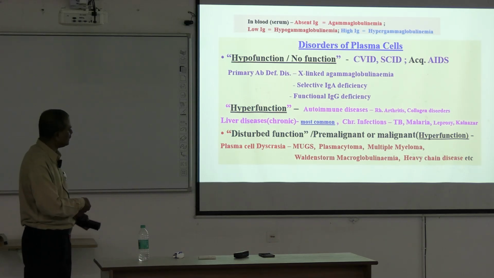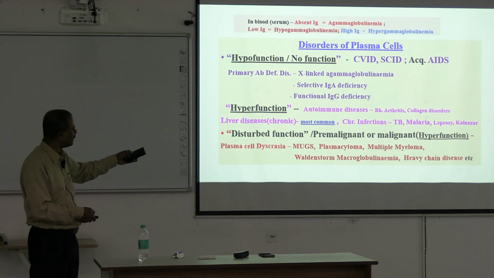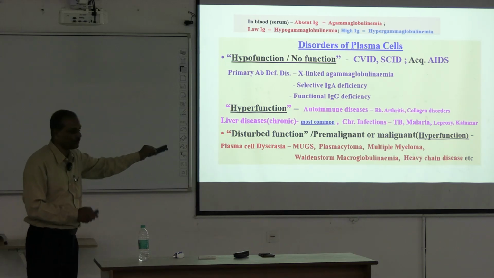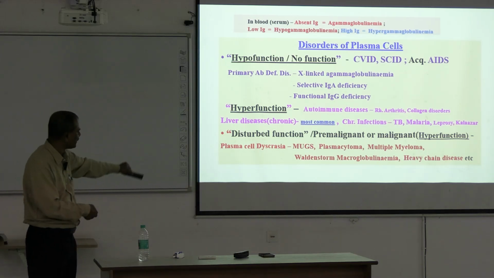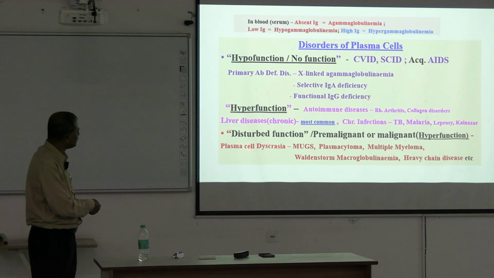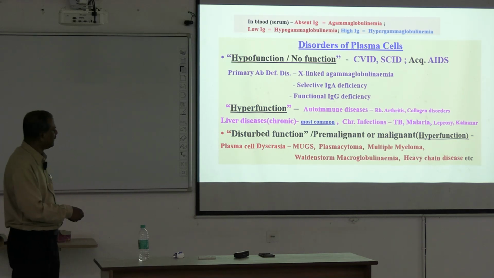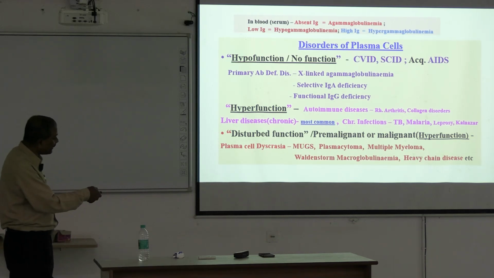So this is MGUS, monoclonal gammopathy, do not write down five diseases, only this part. This plasma cell dyscrasia, because this multiple myeloma will come. MGUS, monoclonal gammopathy